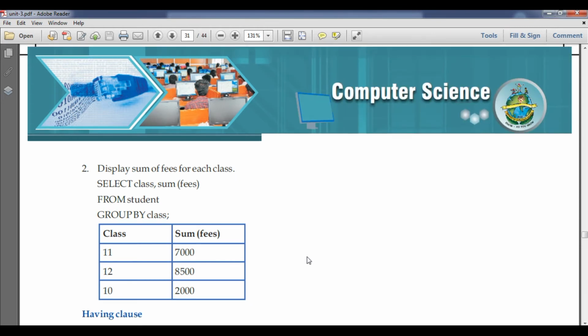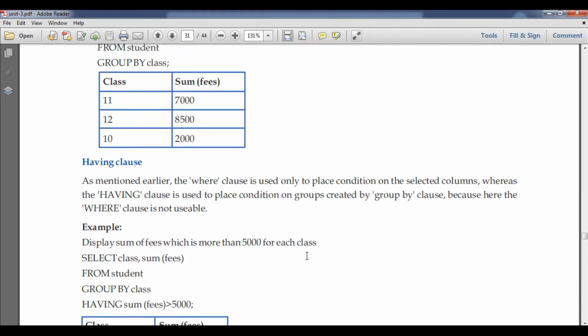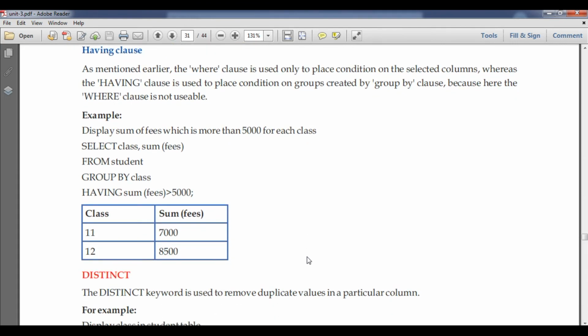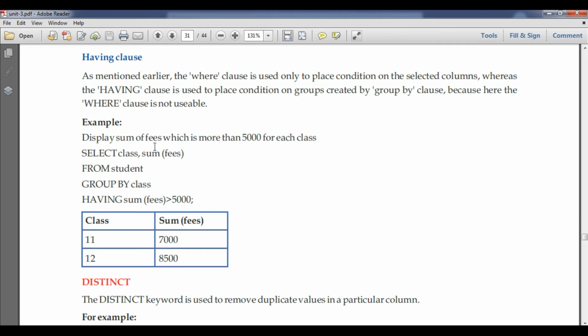Now another part in this particular video is the having clause. Sometimes it may be possible, students, that we are going to apply a condition also. In a normal select command, we use the where clause. But along with the group by command, we can't use the where clause. It means the where clause is not usable along with the group by command, because we are dealing with groups.